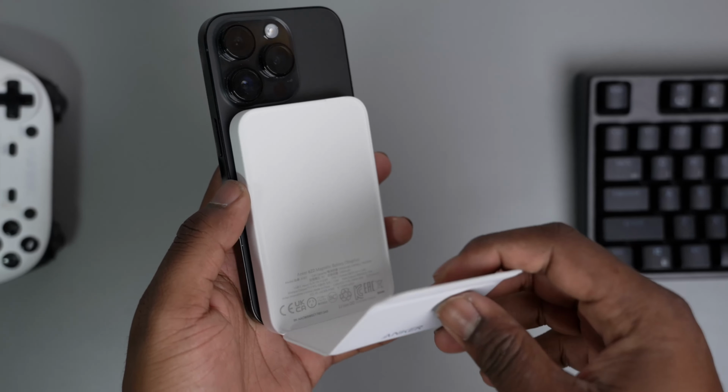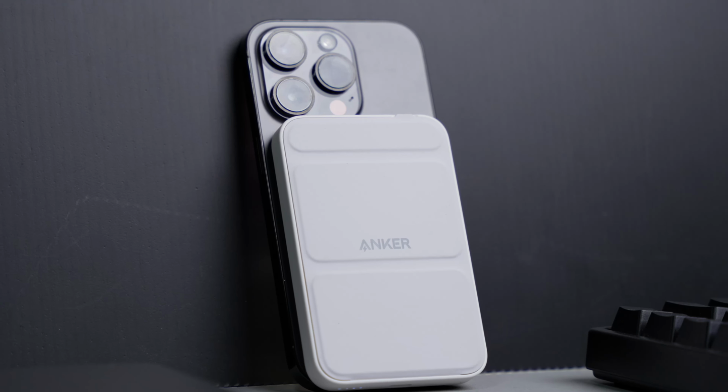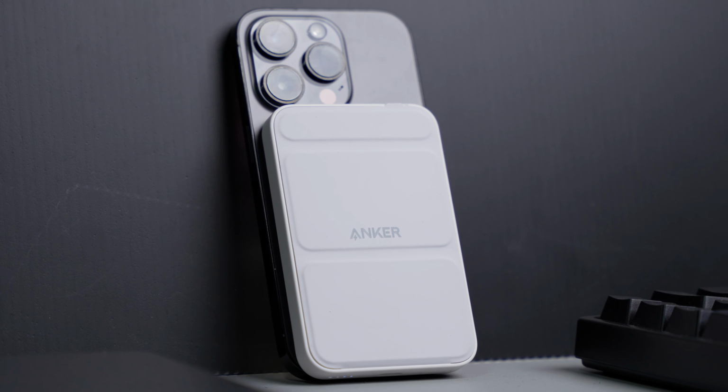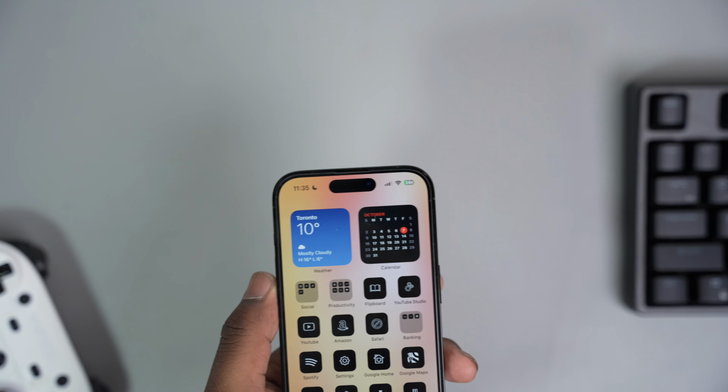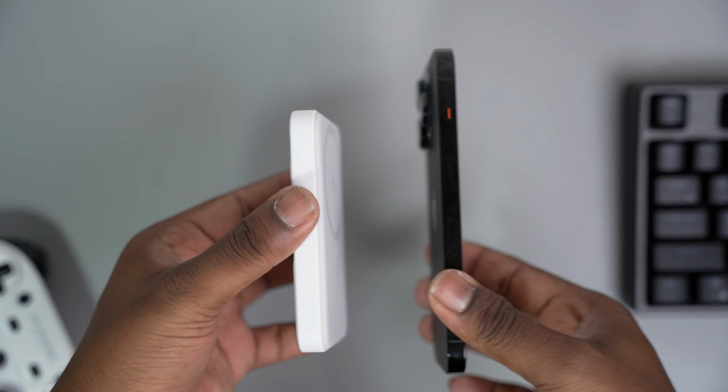It's literally perfect for consuming content. As far as the charging capabilities, this is also clutch as well, because if my phone died when I'm on the go, I can use this to charge the battery from around 0 to like 70% on the 14 Pro. So you definitely want to check this out if you've been having battery issues like I have with any of